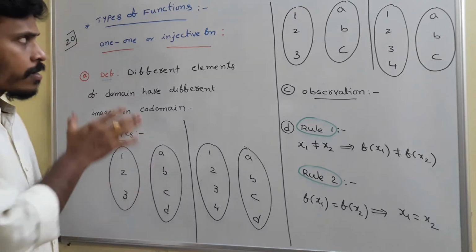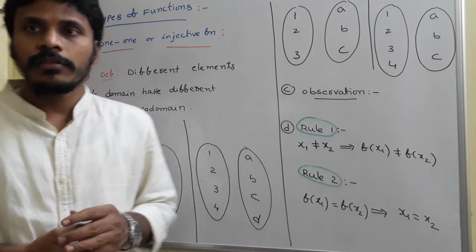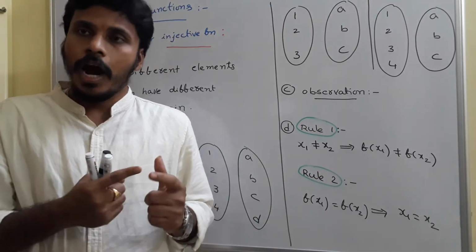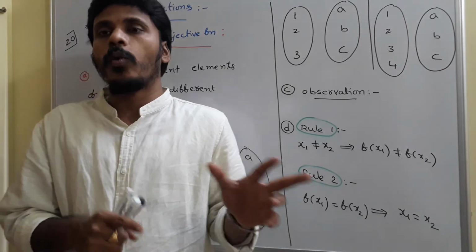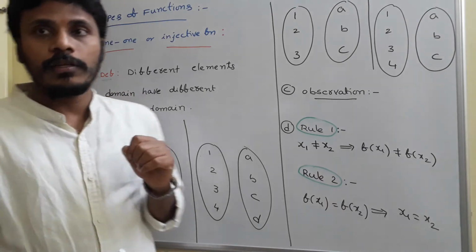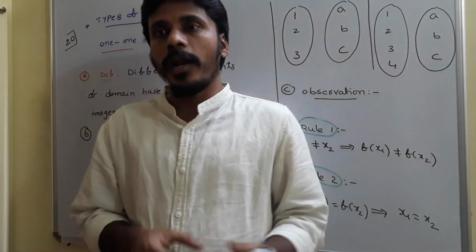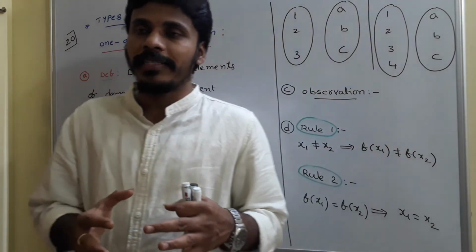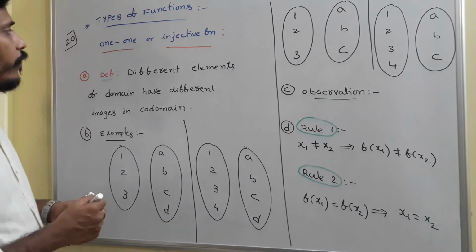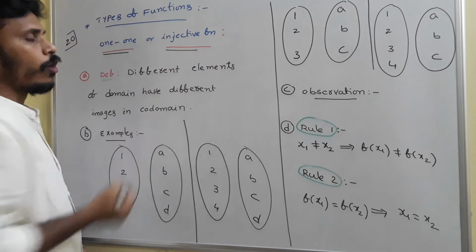The board. The next thing is types of functions. As we discussed in relations, here again there are different types of functions, like one-one function, onto function, and one-one plus onto function. The one-one function is also called an injective function, whereas an onto function is also called a surjective function. One-one and onto is known as a bijective function. First of all, we are going to concentrate on the one-one or injective function.